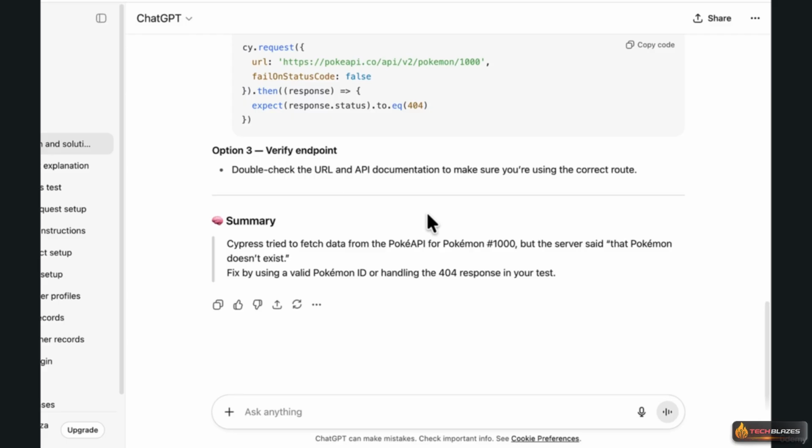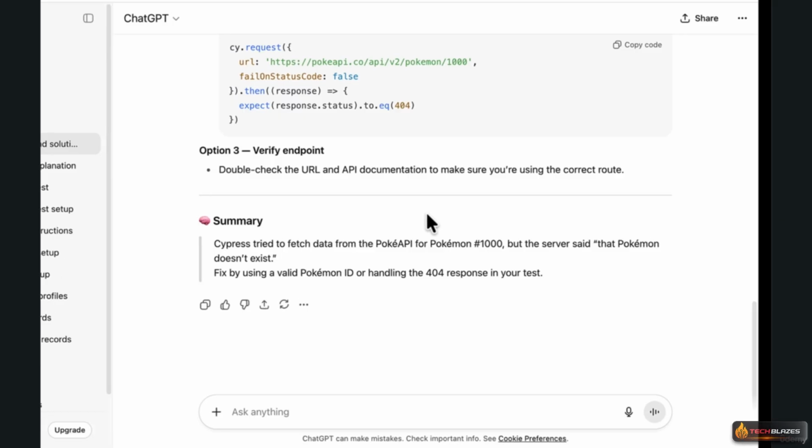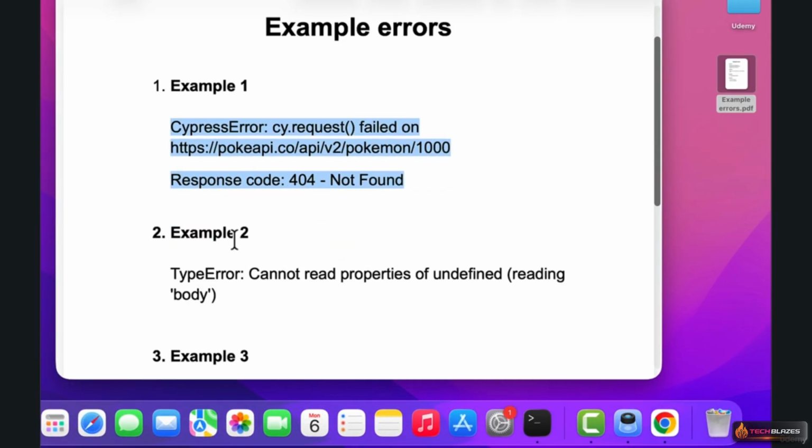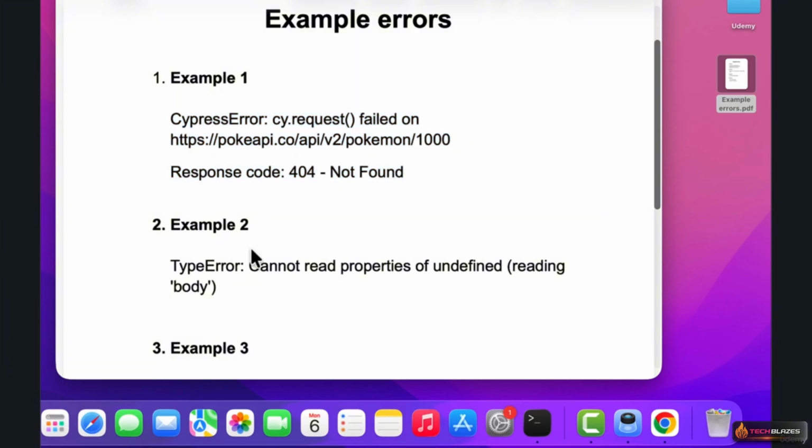This is a great demonstration of how AI can help not only with debugging, but also with learning better testing practices for real-world projects. Now I'm pasting the next error example. This time,